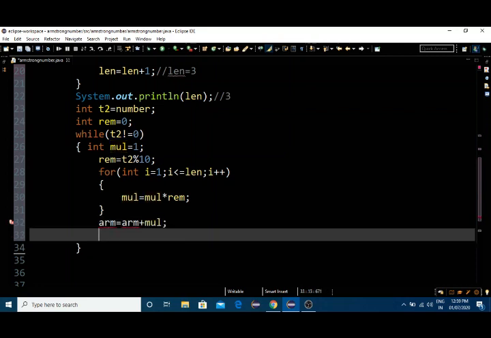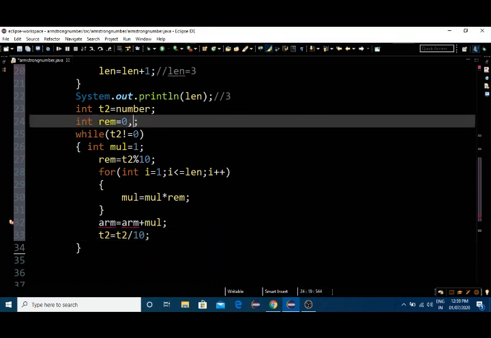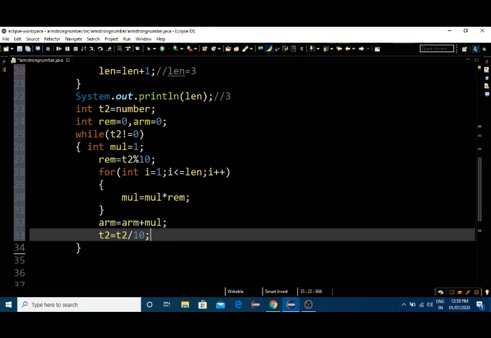After this I'm doing once again t2 equals to t2 by 10. Okay, let me explain. Here I'm getting an error for arm, let me initialize that also here. So arm equals to 0. Okay, fine. Let me explain all this code.